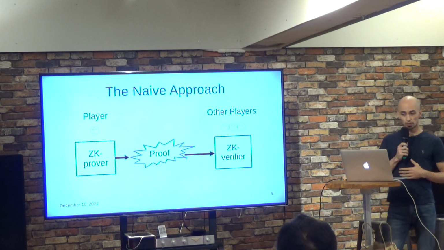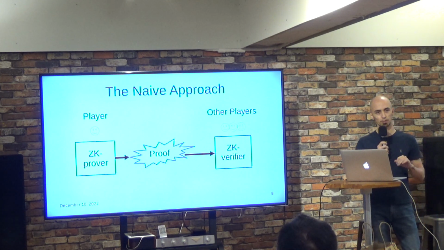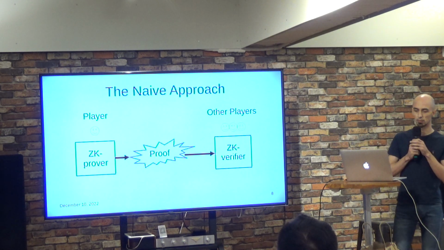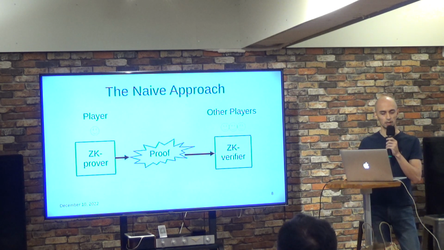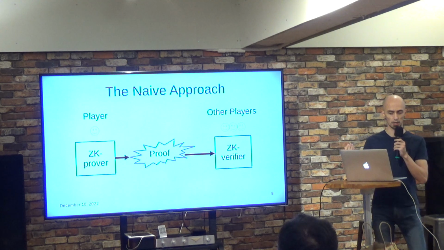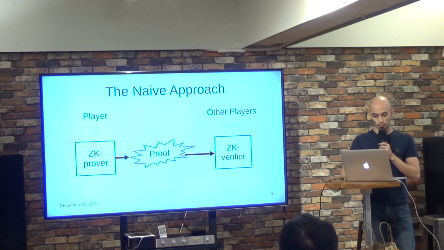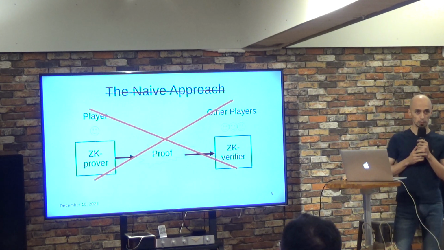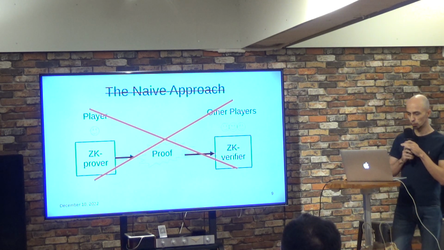So the naive approach would be to run the prover on the side of the player, so that the player is the one who is proving their game results to anyone who is interested, maybe other players, who can verify those results. But the problem with it, as with many naive approaches, is that it will not work. And we will see why